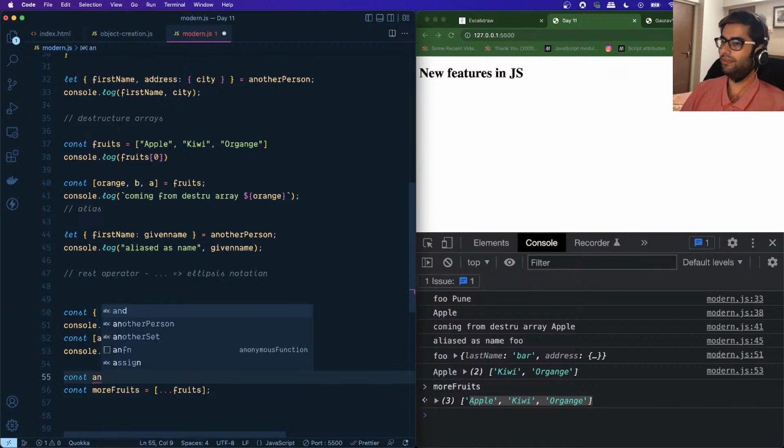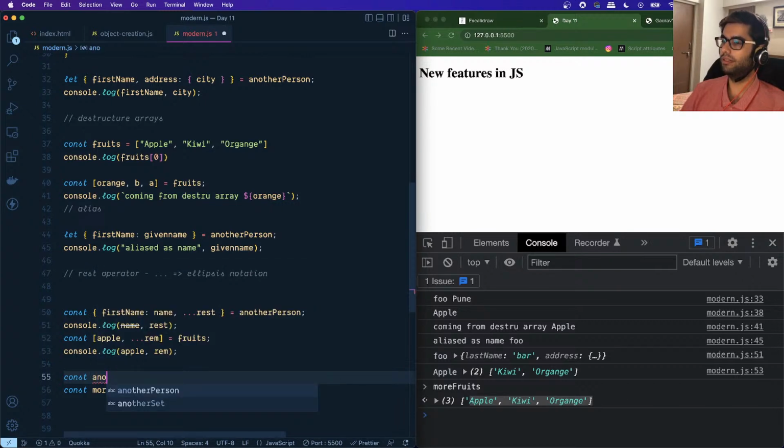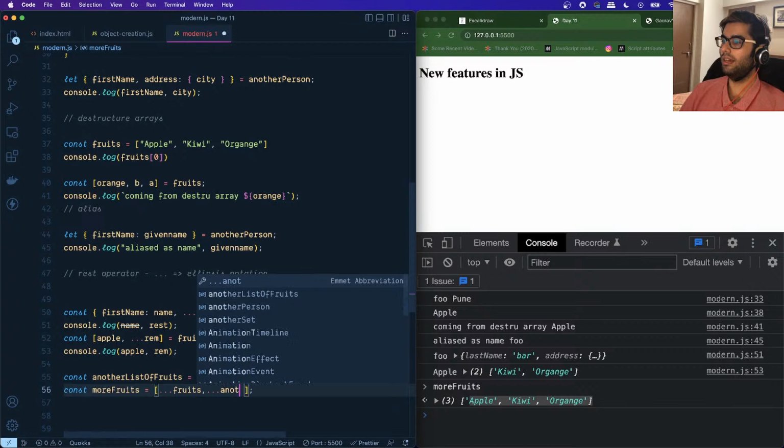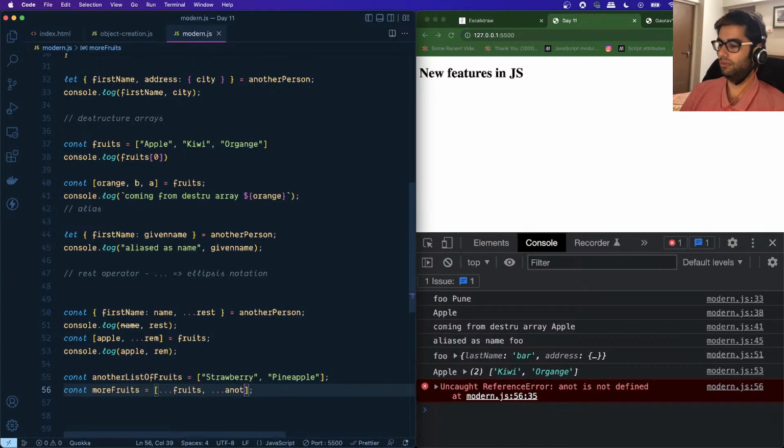And let's create, for example, another list of fruits. And I want to add strawberry and pineapple to it. Okay, and then I want to combine both of these arrays into this more fruits, right? So I can spread the fruits array as well as spread the another list of fruits,